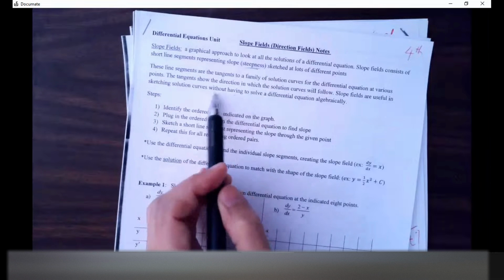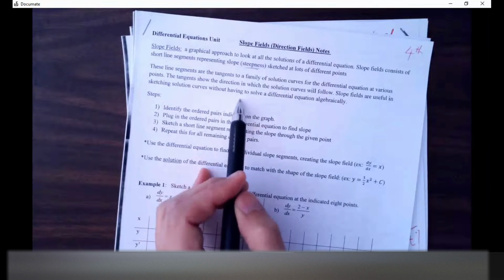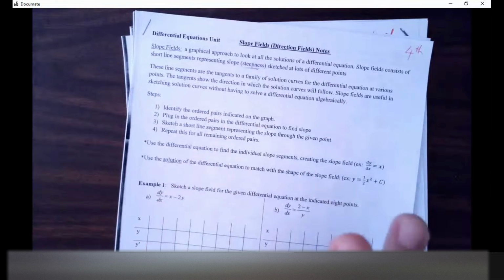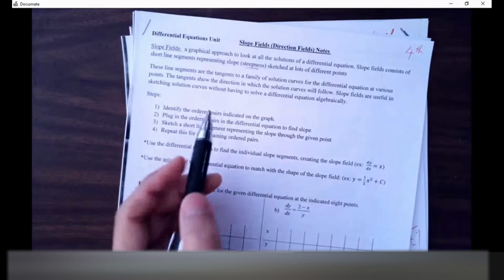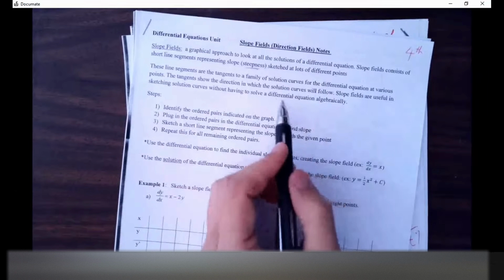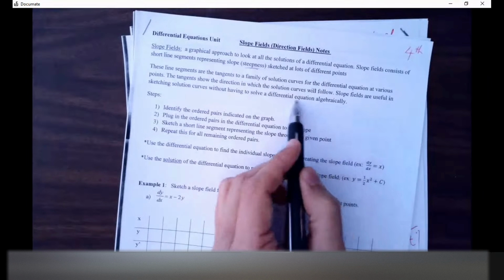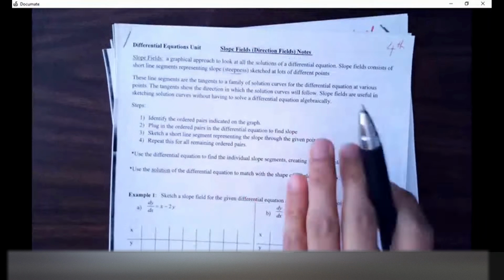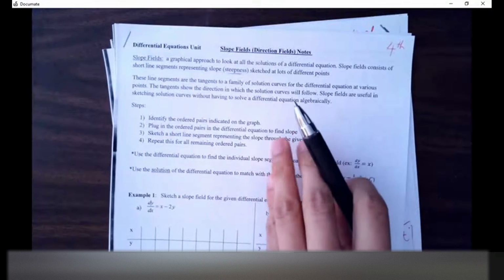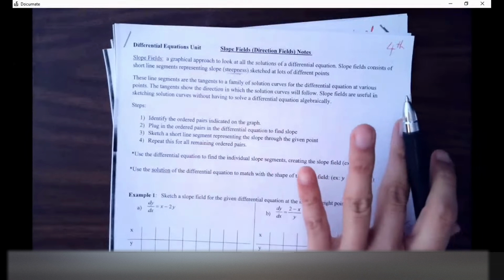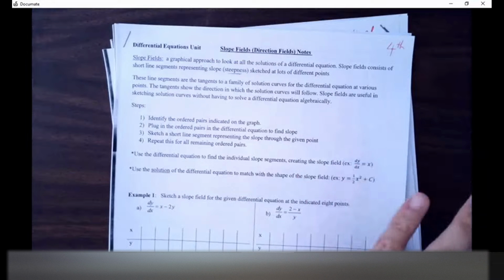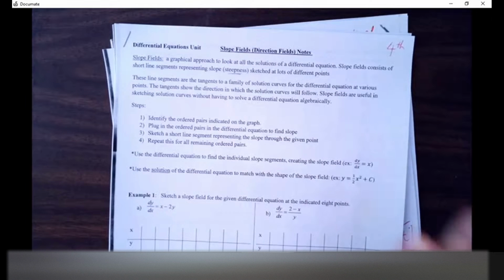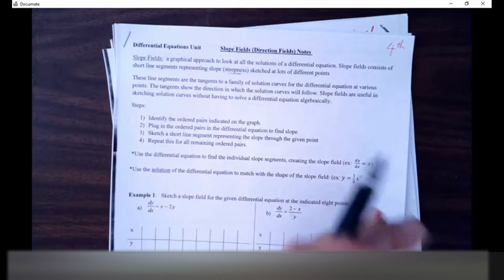One scenario is where we can find the solution, but we just opt to create a visual aspect of it. The other situation is where we're unable to solve a differential equation algebraically. That's not going to happen for us, in that you're never going to get a problem where you're asked to solve a differential equation and you realize, wait, I can't separate the variables, or there's no antiderivative rule to apply. The problems are curated in a way where there's a definite solution for every problem that is